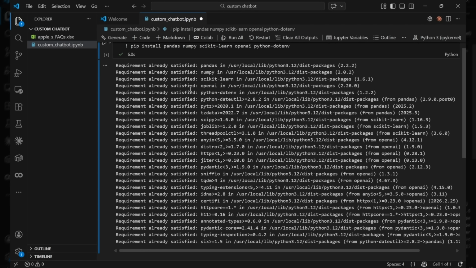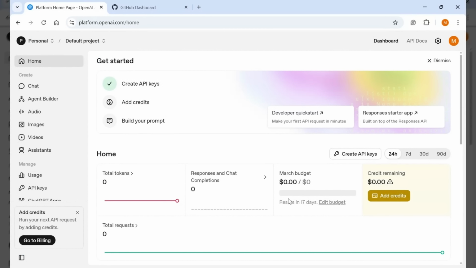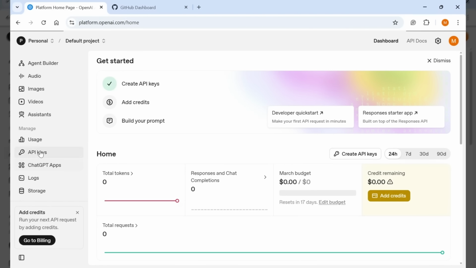For this project, we will be using a GPT model, and to access any GPT model, we need an API key. So first, we need to generate that key. There are two ways to use the GPT model. The first option is the paid version, where you use the model directly from the OpenAI platform. You can go to the OpenAI dashboard, navigate to the API keys,